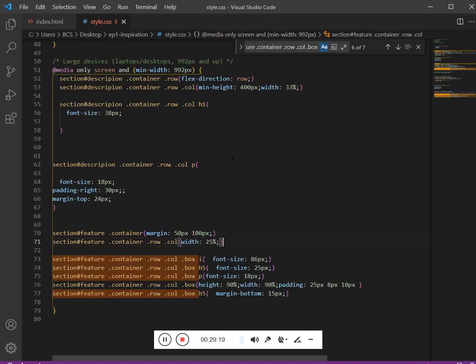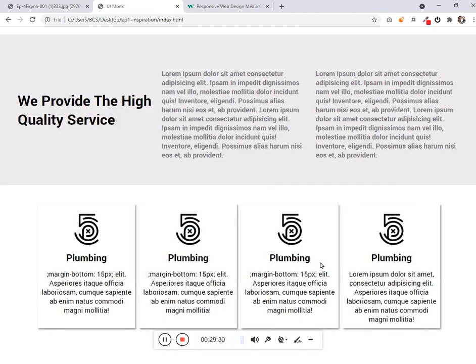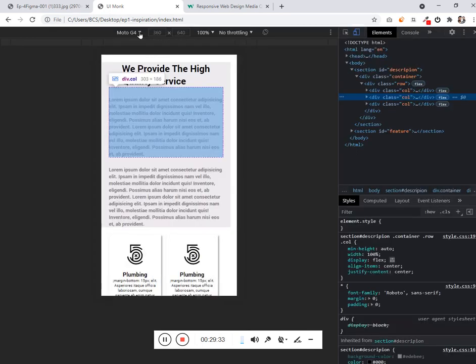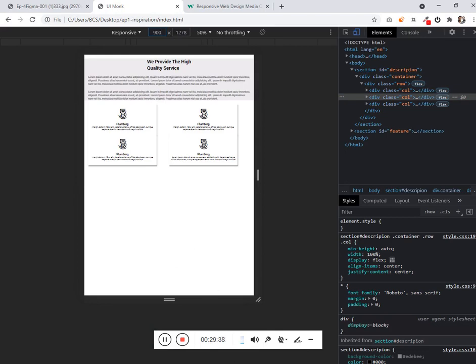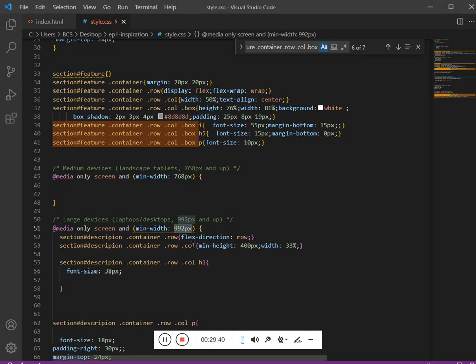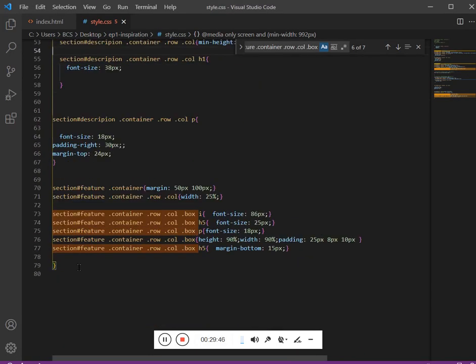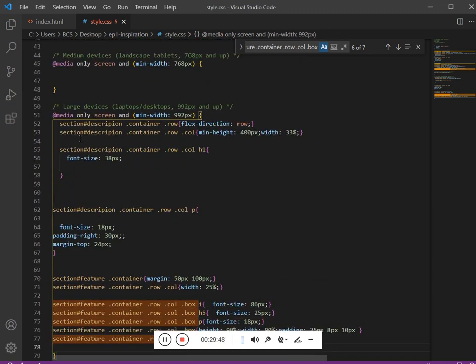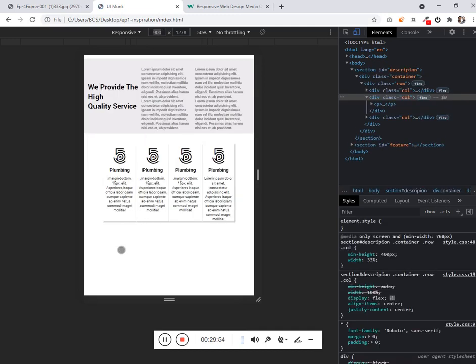Now in between the mobile and the desktop we have tablet. So the tablet width is from 768 to 992. So let's get into the inspect again, and let's set the width to 900, which is 768 to 992, which is too small. So in that case what we do is we just copy the same thing which we have given for the desktop and place it for the tablet itself. This is okay, but